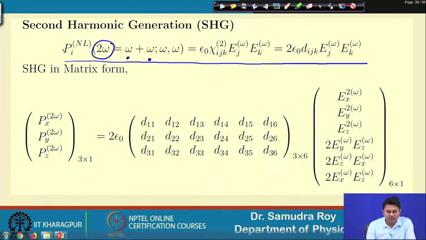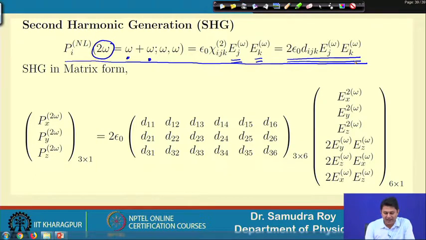In general, in nonlinear polarization there will be many other frequency terms that we have already shown in our earlier classes, but here we are only looking for those terms where the frequency component is 2 omega. Now, the 2 omega component can come from these two elements Ej and Ek with omega and omega. When they are multiplied, we will have a 2 omega component, and that is why we are saying this is a second harmonic process. Eventually, in terms of the d matrix we will have this.